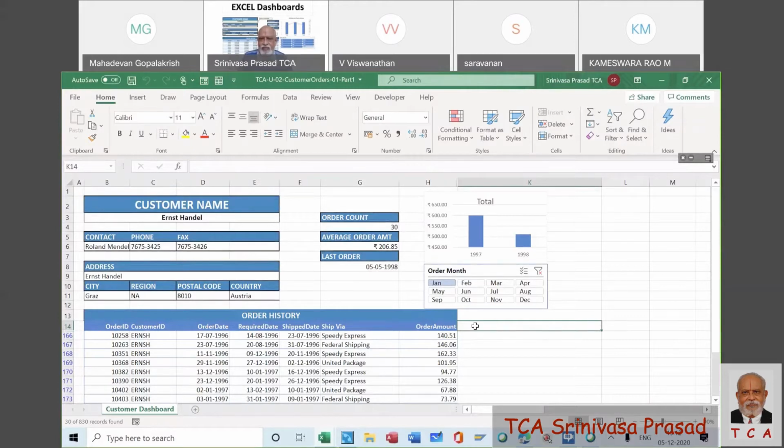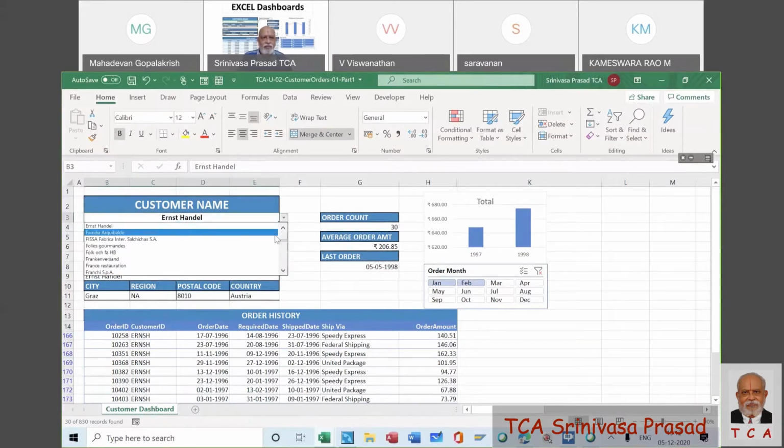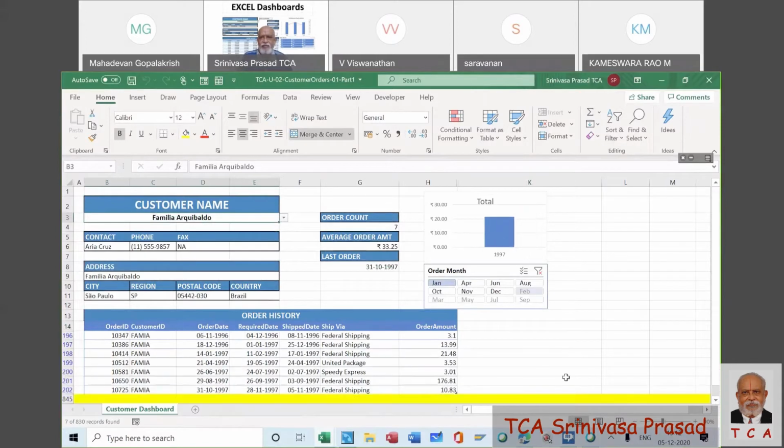Let us say we select January and February, two months. Then we go and select another customer and it doesn't have February at all, so it is masked and shows only January. It doesn't give everything. Whereas if we clear the filter, now he has January, April, June, August, October, November, December. So you understand what is happening?